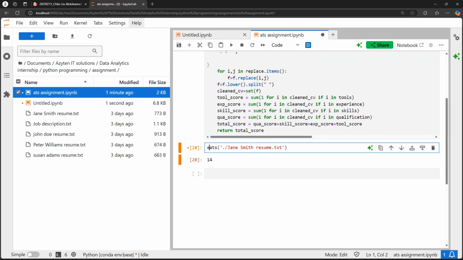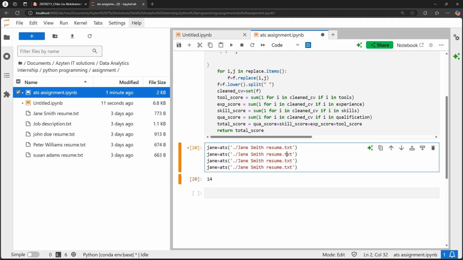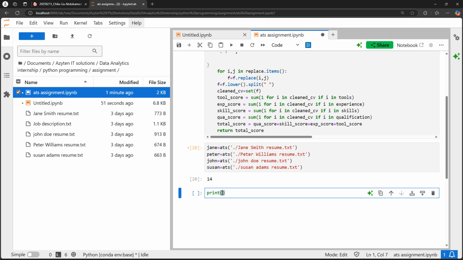So I can then say Jane equal to 14, and I'm just going to do the same thing for the rest. So we have Peter, we have dot text, we don't need dot text, just need this. We have John, and we also have Susan, right? Yeah, so I just need to change, I'll say Susan, John, then Peter. Then I can do a print, I can do an f string and say Peter's score is,